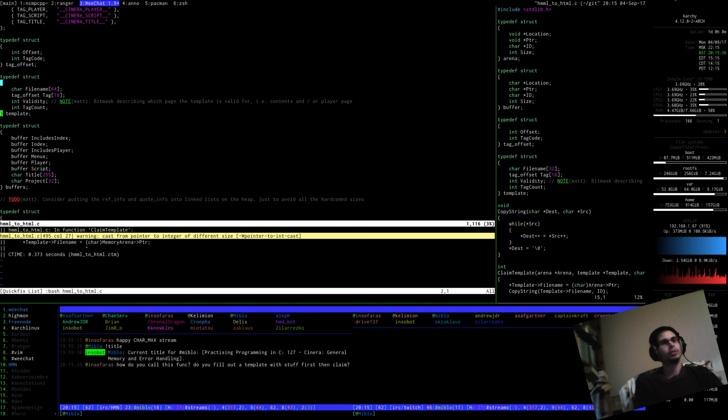How do I call this function? Do you fill out a template with stuff first, then claim? No, I don't. I wasn't going to, no. But can you do that? Can you fill out the template and then claim? That'd be interesting. I mean, the way I was going to call it would be